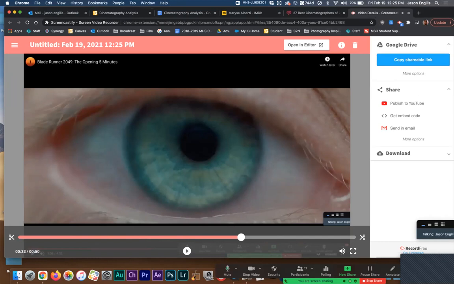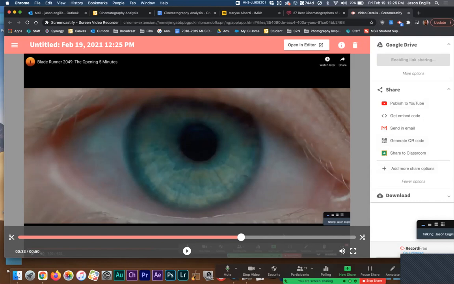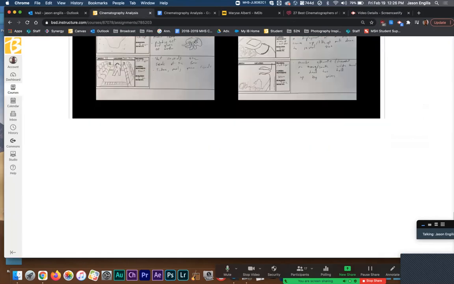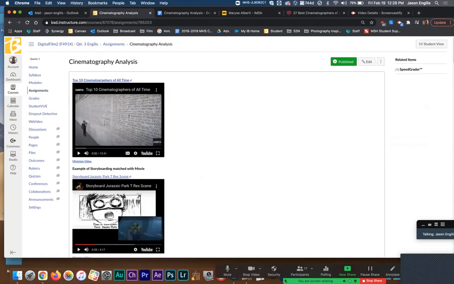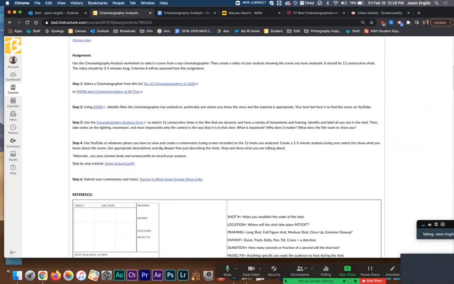Okay, so audio works. Because it connects to your Google account, it automatically will save this here in Screencastify, but it will also put a copy in your Google Drive. And when it's in your Google Drive, it's this quick. You can copy a shareable link, and you can send that to the assignment. So if I was going to take all the time to switch to a student view, I could do that, turn it in, and then I get to see your work.